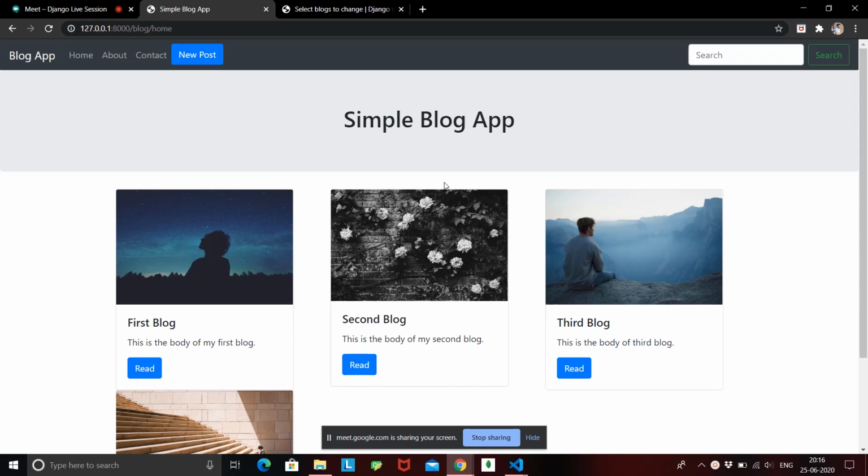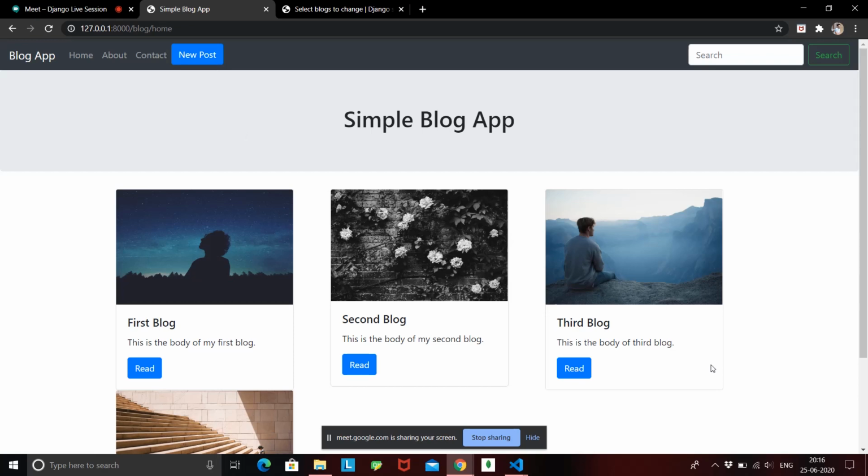I want only the registered user who is registered on my page to have the ability to post some data. It's not like anyone should come and post data on my website. So I want an authentication system which will take the user's personal data, name, username, password, and all of that, and then log him into my system. And once he is logged in, I can tell him that yes, now you can post a new blog.